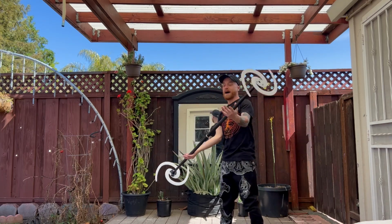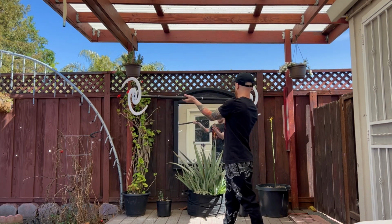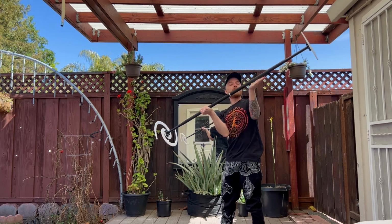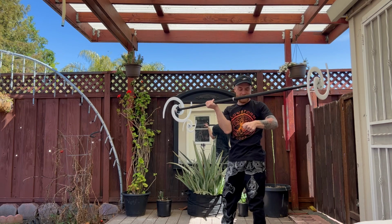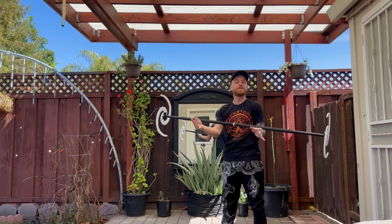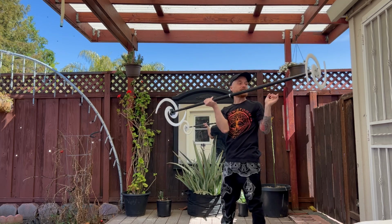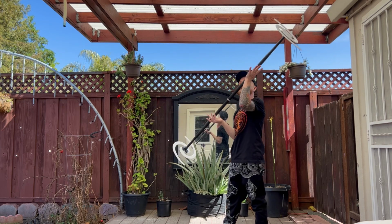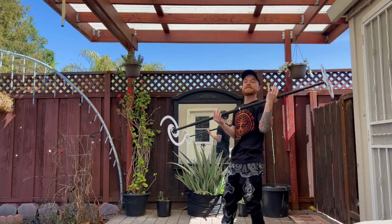And we can do this by, whenever one head of the staff is coming up and almost behind you here, so right at that point, we bring the underneath of the thumb knuckle, I guess would be one way to describe it. So that chunky, meaty part underneath the thumb, the base of the thumb, that's the word I'm looking for. Once this end of the staff is coming back and behind you, you'll place the base of the thumb underneath the staff and press that end of the staff up and away from you, and as the staff is falling